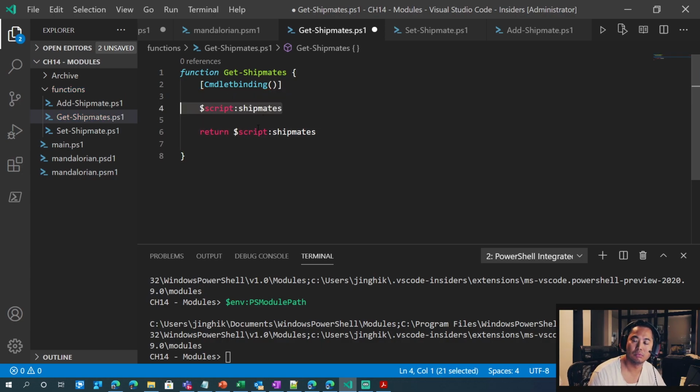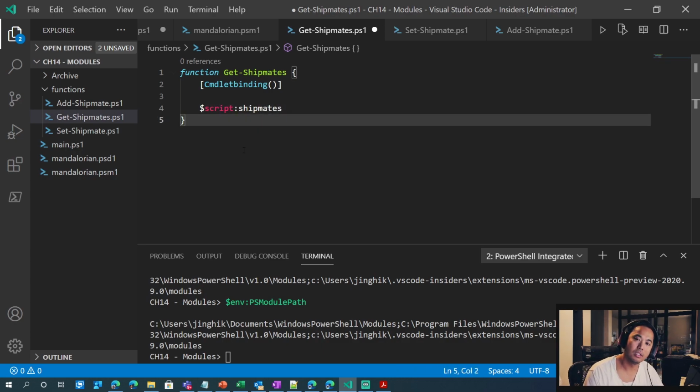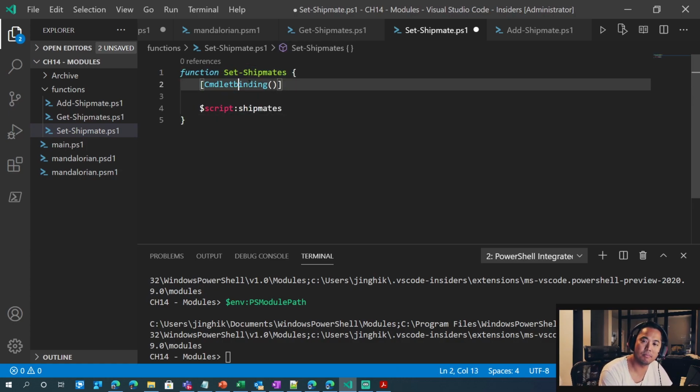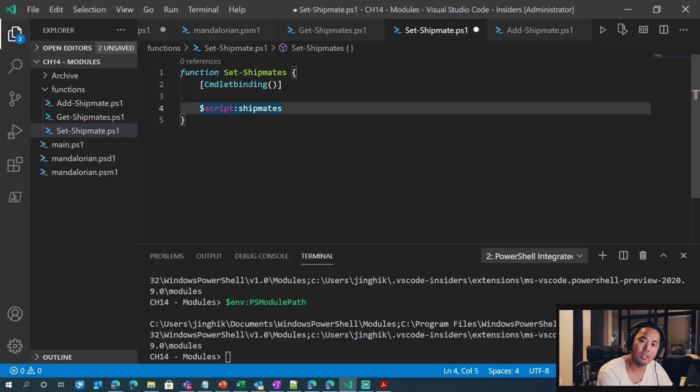What did I do? Script shipmates, turn shipmates. I think we just do this. Okay, and then we're going to set the shipmate. So let me just copy and paste this, and we're just going to change this to set shipmates, and then this one's going to say set script.shipmates equals